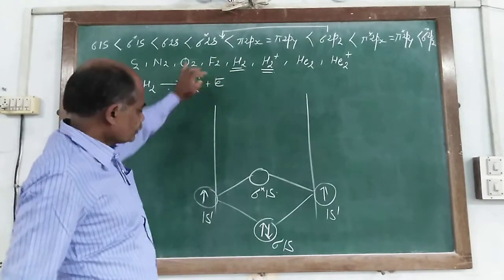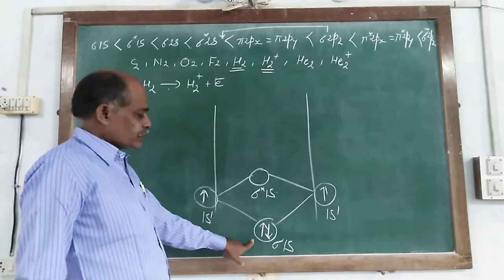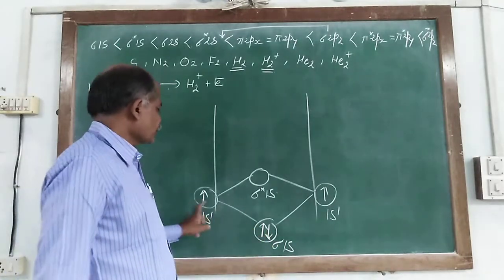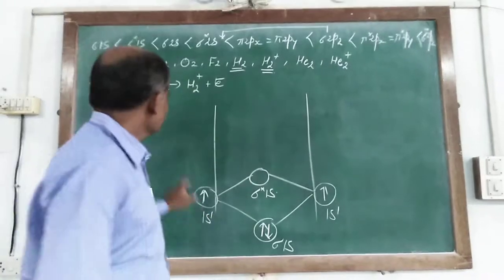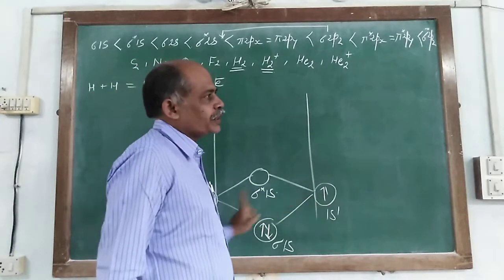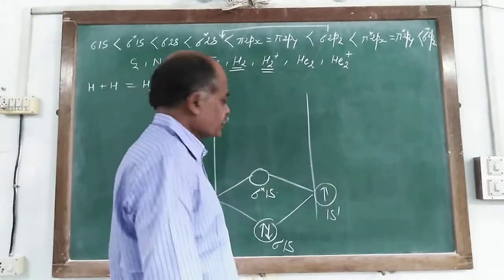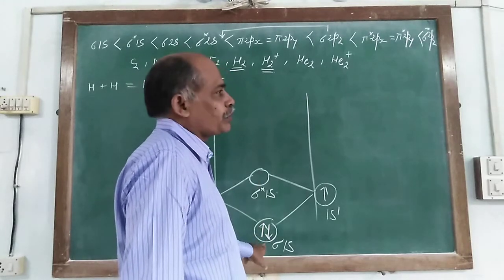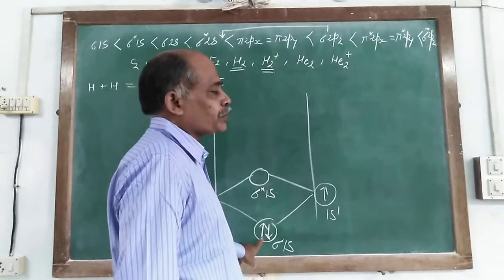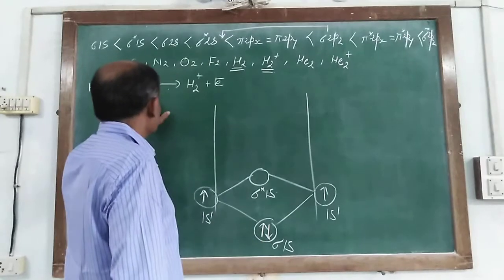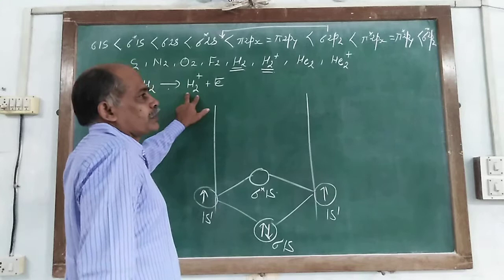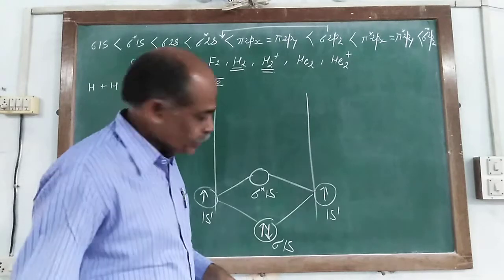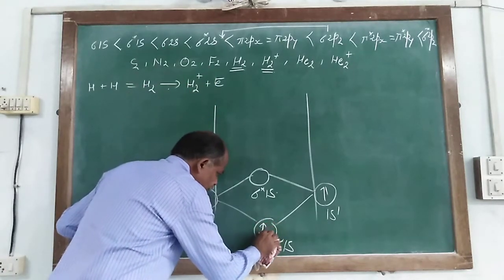So here, from the molecular orbital sigma 1s, it loses one electron. Before the loss, two hydrogen atoms each have one electron and combine to form the molecular orbital, and in the bonding molecular orbital the number of electrons is 2. But when the hydrogen molecule forms the hydrogen ion, it loses one electron from here.